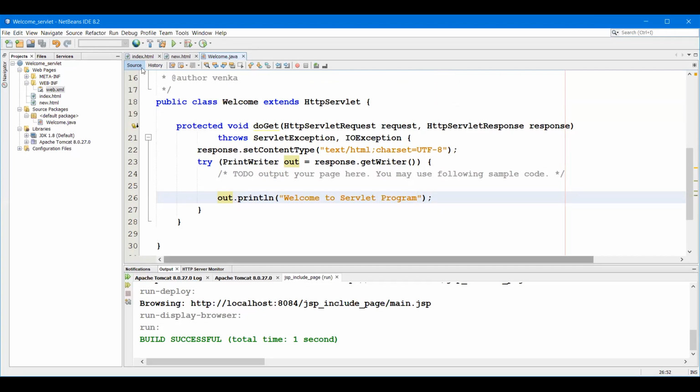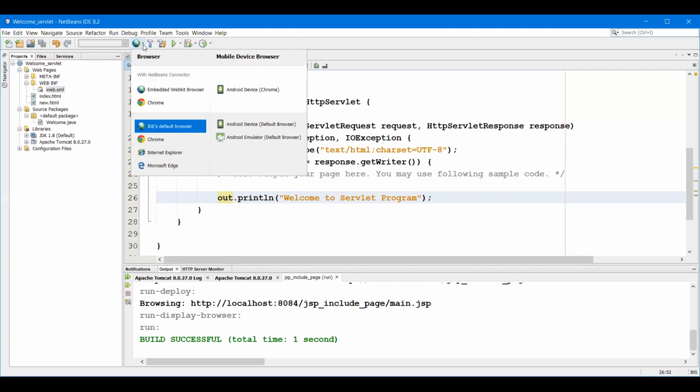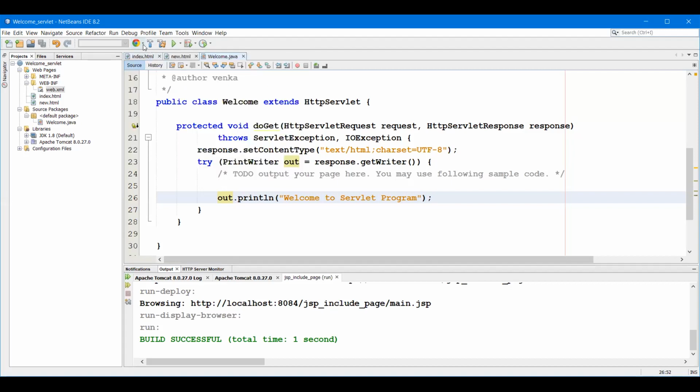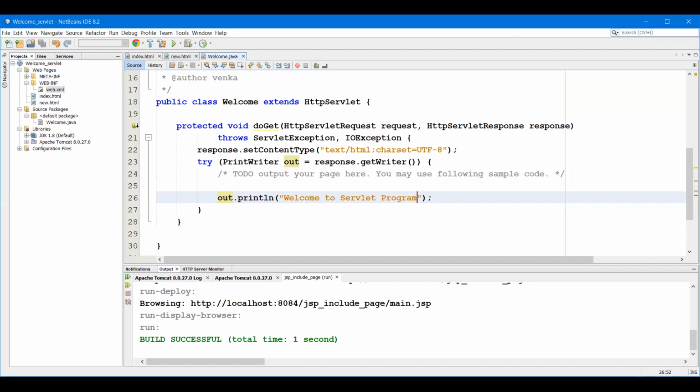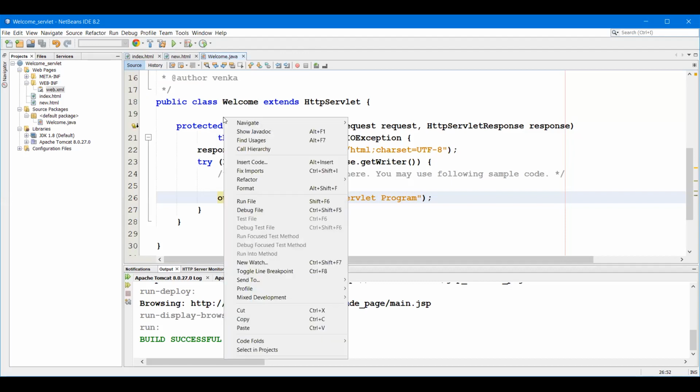One more thing, choose your browser as Chrome. Internet Explorer will be slow, and it will take more time for you to run. Choose your default browser as Chrome. This is my advice.